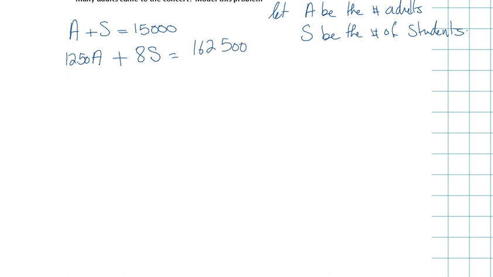So if you look here, let's say 10 adults attended. So 10 times $12.50, that's going to be $125. And then let's say 100 students attended, so that's $800. If I add $800 plus $125, it's going to give me dollars. So this is why when you're making your equation, it has to be dollars to make dollars and numbers to make numbers, because A and S are the number of adults and the number of students. Make sense? We start a little bit harder than the previous question, right? Yeah. Okay, so what I want you to do right now